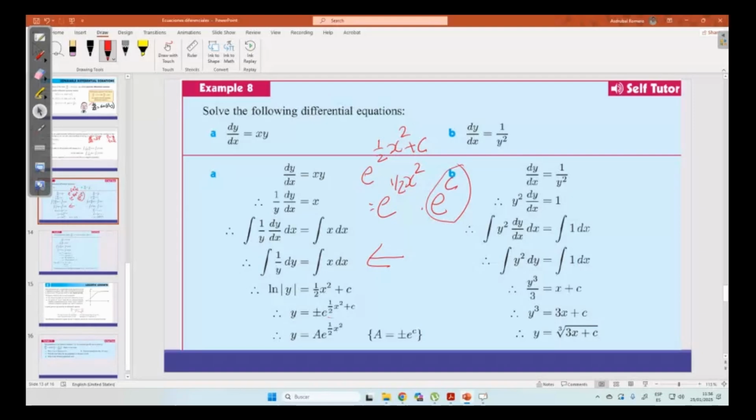But if I have this solution, y equal a e elevated to 1/2 x squared, what happens when I differentiate? dy/dx is going to be a multiplied by the derivative of e elevated to this. But by chain rule, the derivative of the power is going to be 1/2 multiplied by 2x. The 1/2 with the 2 cancels, and you're going to have